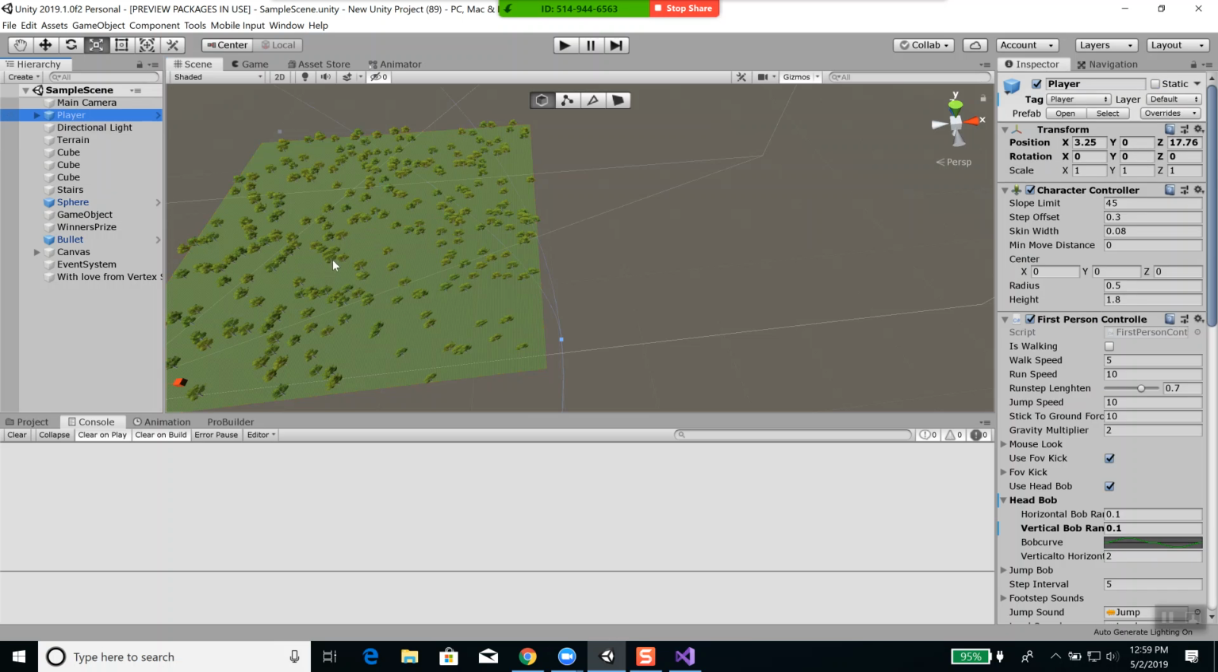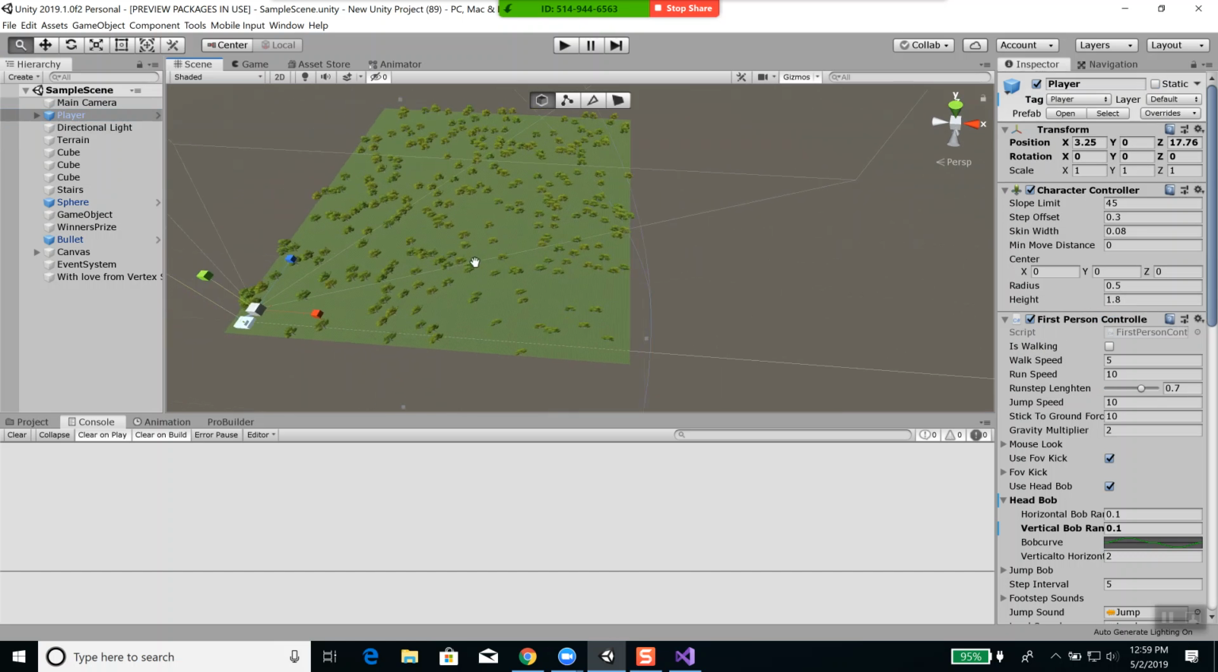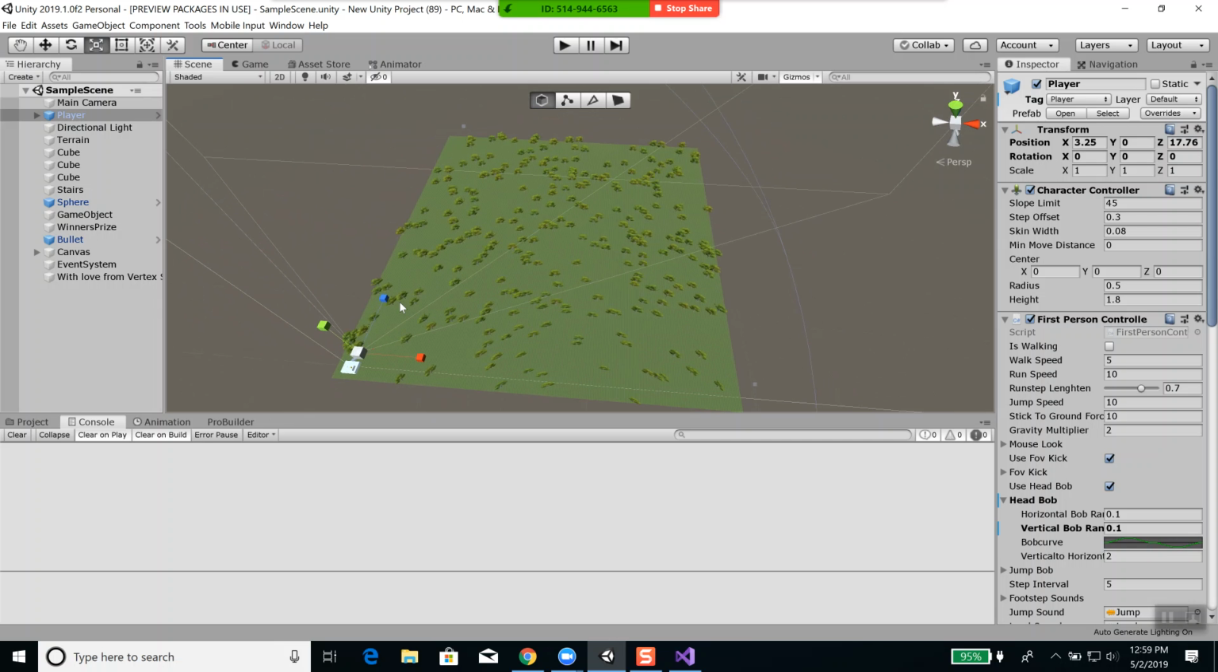Okay, so our player is over here, and we'd like to move it here somewhere. Now I'd want to put walls around the outside too. That'd be another feature I'd want to add into it, but